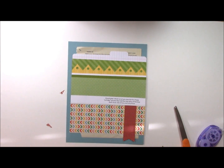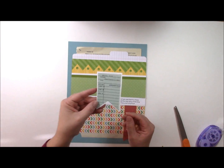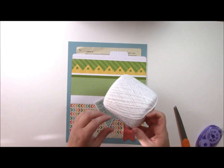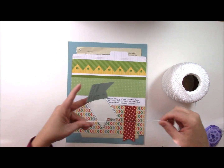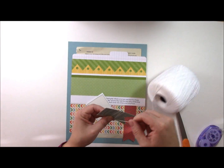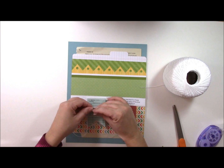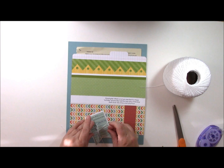And then rather than cut another pattern paper pennant, I'm going to take an older sticker I have from October Afternoon, and I thought it was kind of fun. It's a library card sticker, and I've cut it with the backing intact so I can do this technique. First, I'm going to take some white baker's twine. I'm going to remove it from the backing, and then I'm going to wrap the twine around the sticker several times. You can always remove the tackiness on the sticker by using some talcum powder, but I'm just going to lay it back on that background, and I'm going to tie a bow,